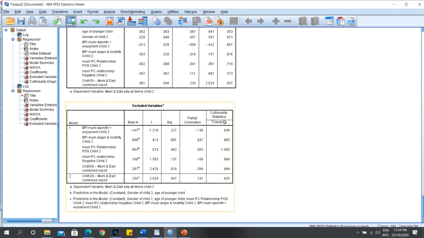Excluded variables, this one, collinearity, partial correlation, significant, t values. So only chaos has a significant impact, beta, t value and significant. So this is how we do the data analysis. You can go through this video and do it by yourself, and let me know if you have any difficulty.